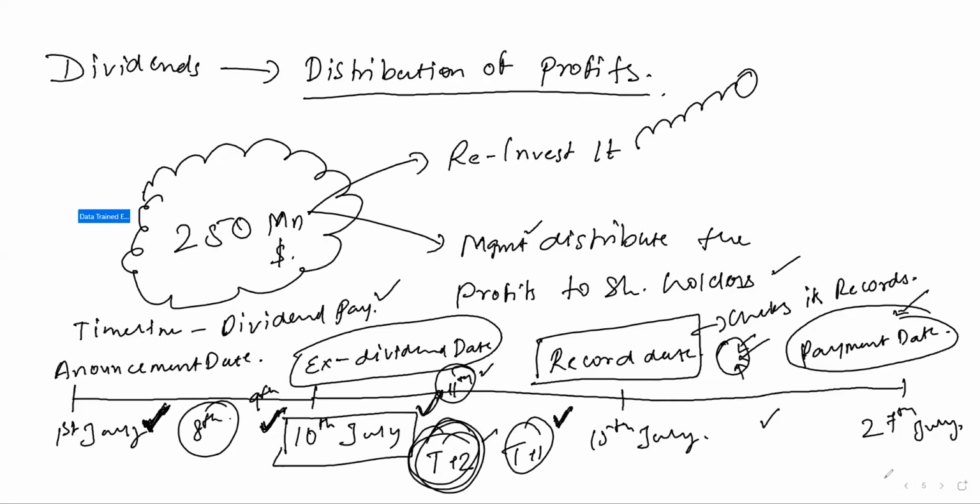If you sell on 12th, probably yes. But what you're thinking is not possible, because on the ex-dividend date the share price of the company falls. So if you buy on 9th at 100 rupees, when you try to sell on 12th you will have to sell at 90 rupees if 10 rupees is the dividend paid by the company. You are trying to make a riskless, assured profit from the announcement of a dividend, but that is not practically possible because at the ex-dividend date,